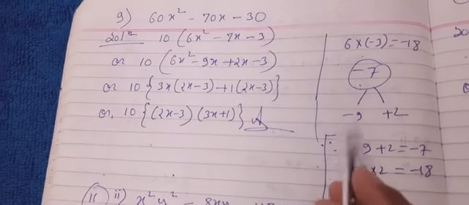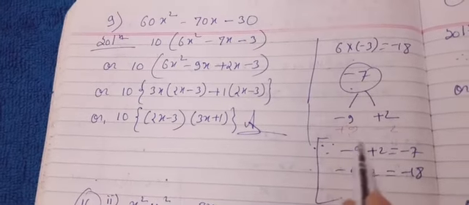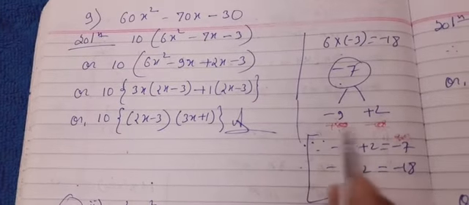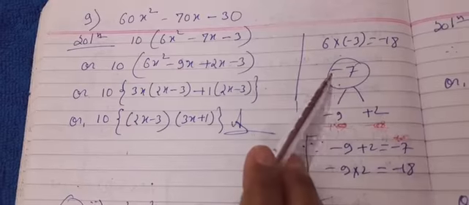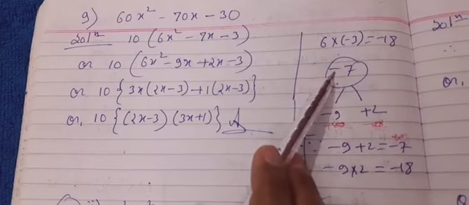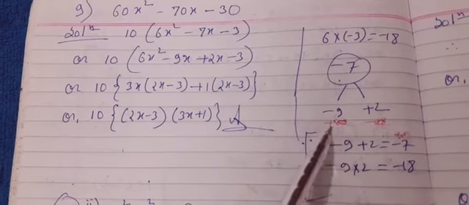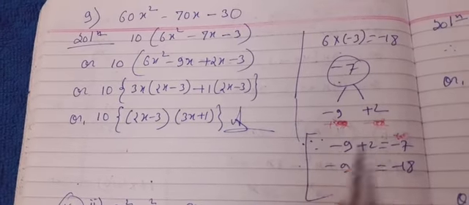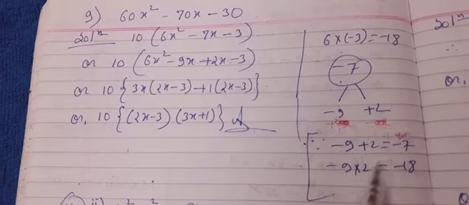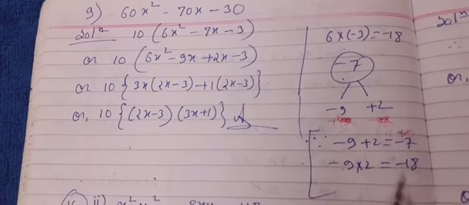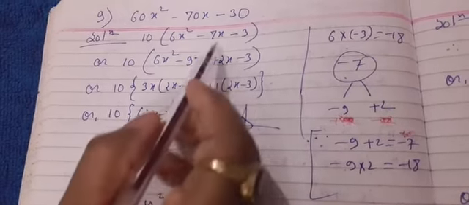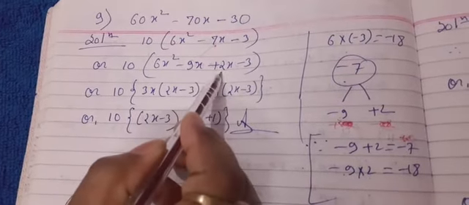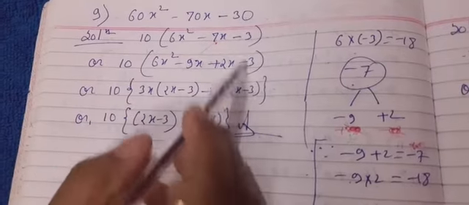If I write plus 9 and minus 2, that is equal to plus 7, then our math will be wrong. Okay, the sign must be considered very seriously. That's why I haven't written plus 9, I have written minus 9 and 2. So the sum is equal to minus 7, and when we multiply minus 9 into 2, that is equal to minus 18. So instead of writing 7x, I have written minus 9x and plus 2x. The rest of the things are as they are, I have just copied.